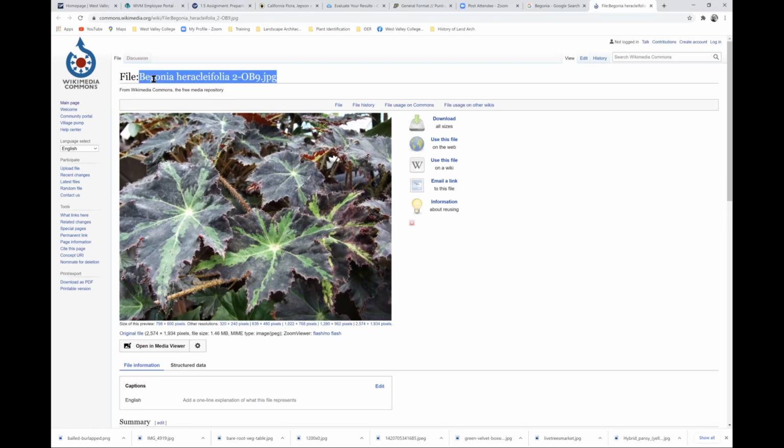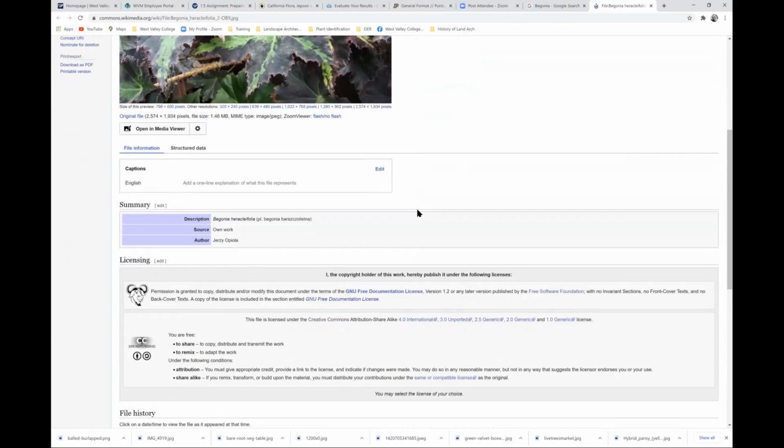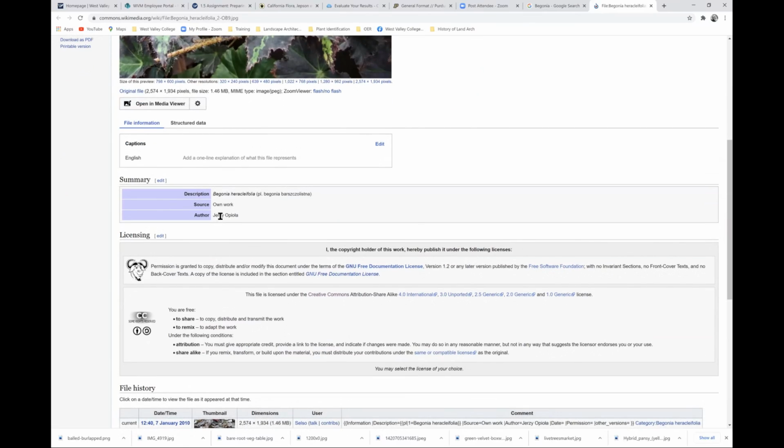And ideally, you should put in a hyperlink. If you don't know what that is, we'll go to that in a minute. But the next thing that you need is who created the photo. All right, so if you scroll down, you'll find an author.